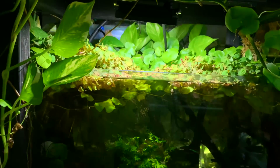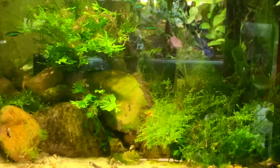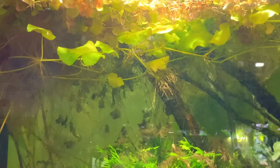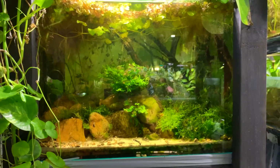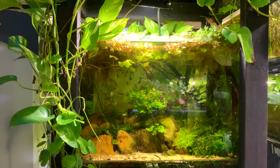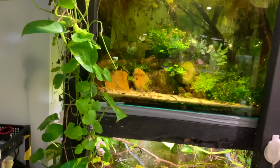I do like the way that red root floater has done that, and I like the way that the moss has actually, it's quite thick and fine, and it's because of the lack of light. Reasonable flow, but the crested Java fern in there has got a bit of black beard on it, so I'll have to get into that. Now, the tank that probably was the catalyst to this video,